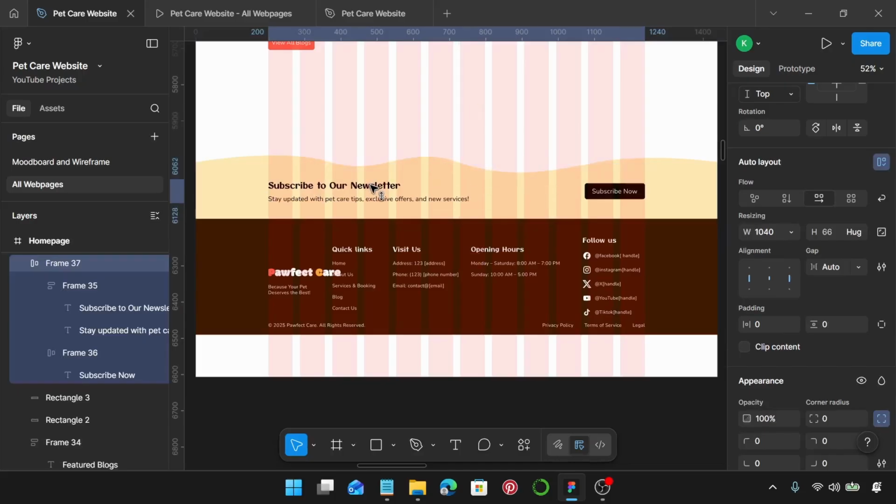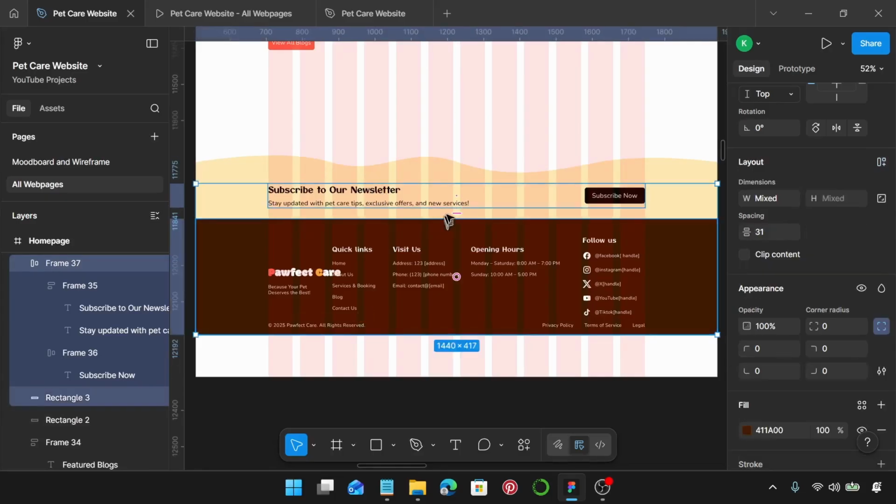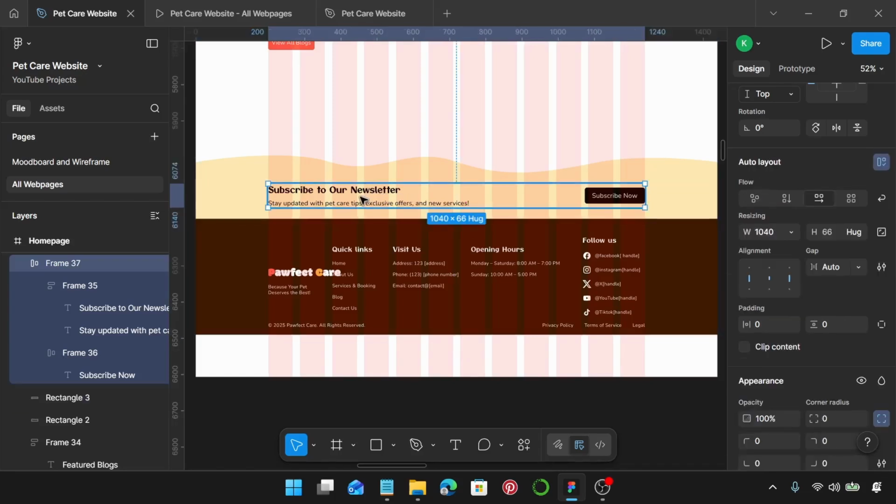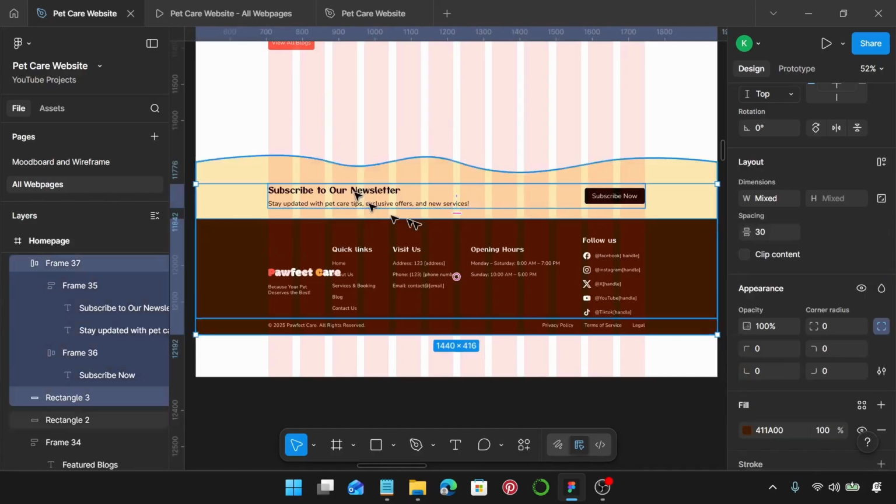I'm going to move this one on top, and what we're going for is a distance of 30 between these two. So I'm going to select this to 31. So select this, and the spacing between them should be 30. Then I'm going to